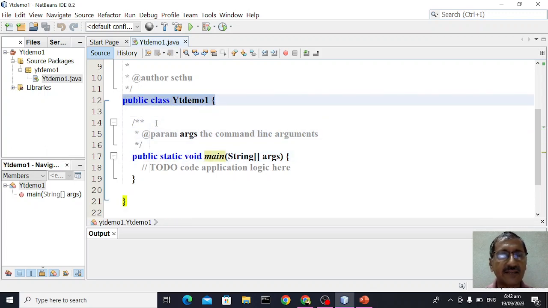When I say public class, look at this. Any program in Java you can do only within a class. You cannot open an independent function and run it. That's not possible in Java, because everything is basically a class based, or object oriented approach. Of course we may use some primitive data types, but everything should be within a class.